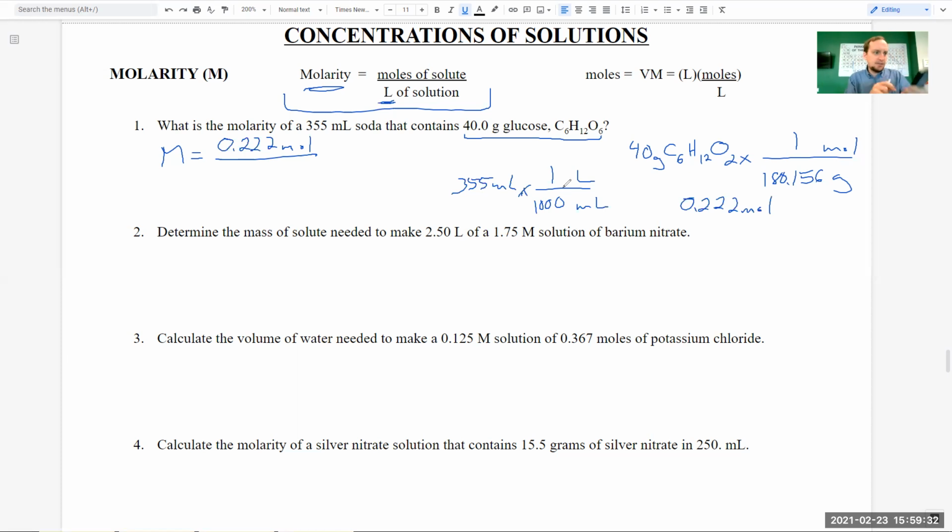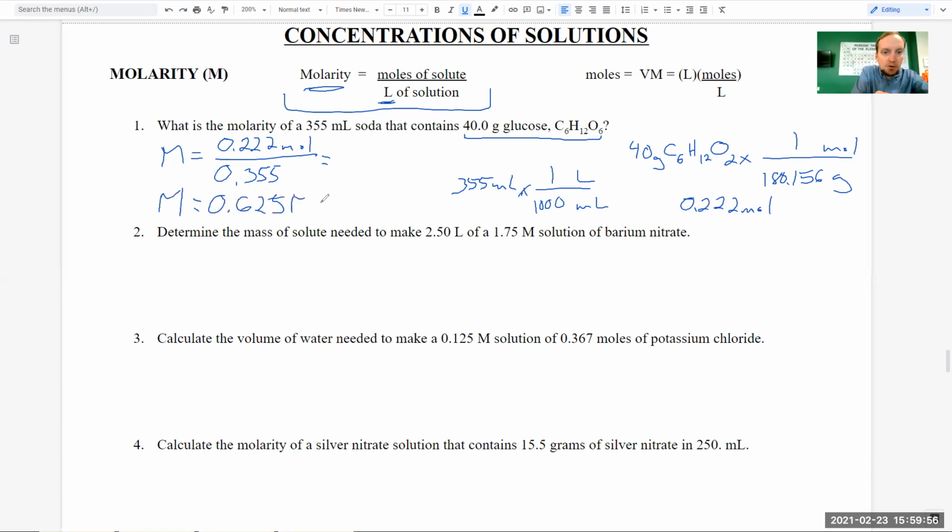I did not calculate that right, sorry. Yep. So it'd be 0.355. Okay. So what I get is 0.222 divided by 0.355, and my molarity, which is a capital M,